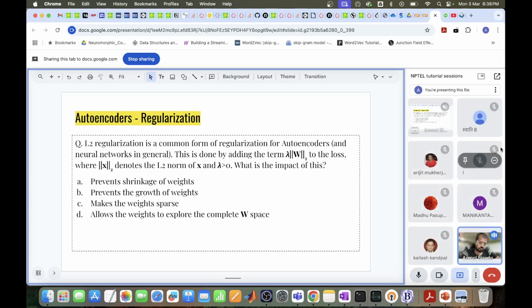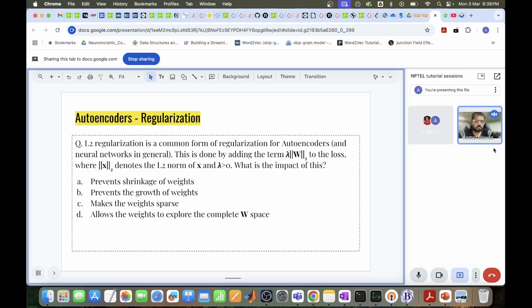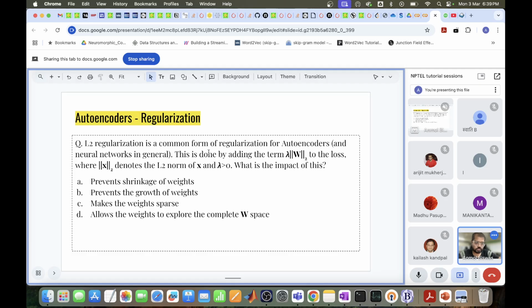So here we are dealing with what is called L2 regularization, right? L2, of course, comes from the fact that we are using the 2 norm, which is a square norm, also called the Frobenius norm for matrices. Basically, we are squaring all the elements of this weight matrix, multiplying by this positive value lambda, and adding that